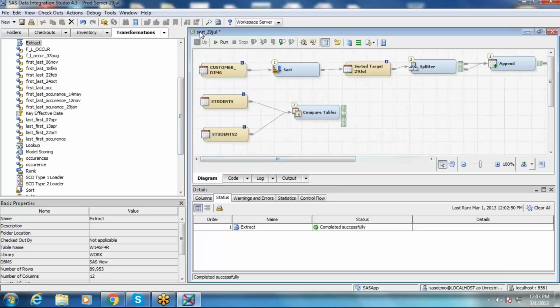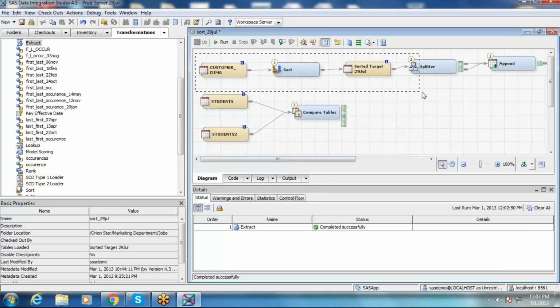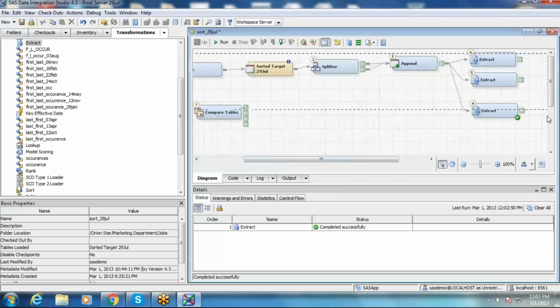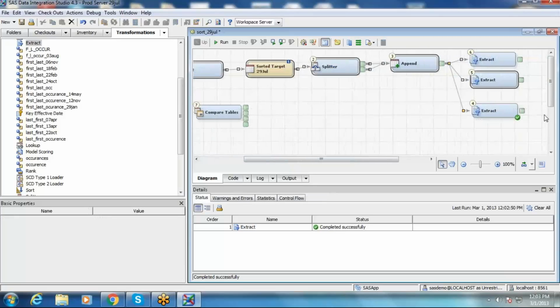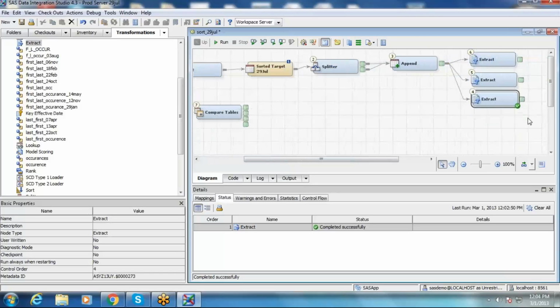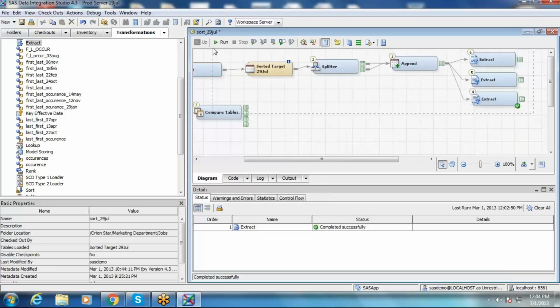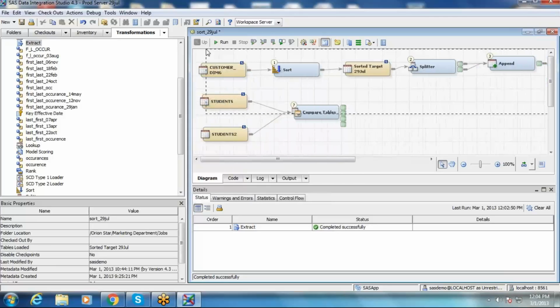So sort 29th July is a job. Okay. Inside July you have 2 process flows. One with students. This is one process flow. Yeah, from start to end. No, not from starting to end. The first set is independent. Yeah, that's what I'm saying. Like for customer dimension 6, it's a completely separate process. So this is one process flow.